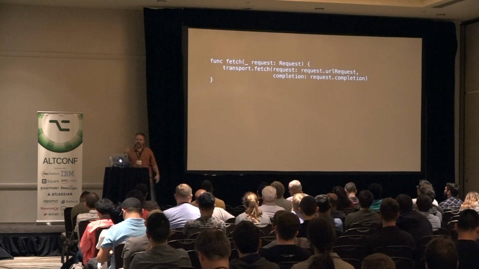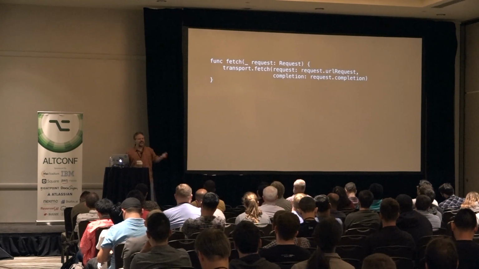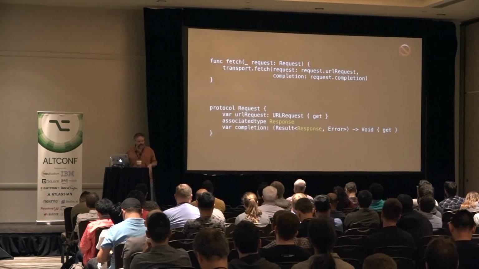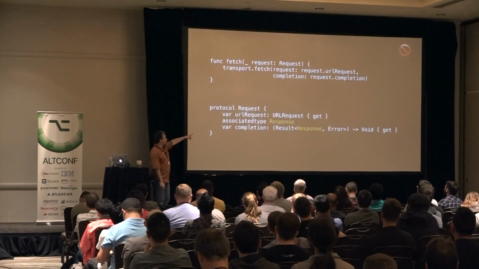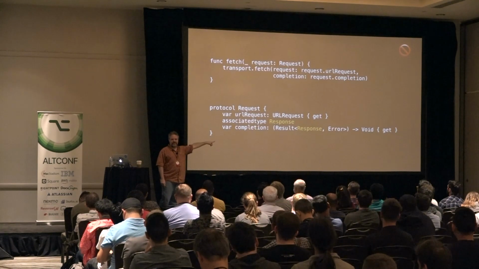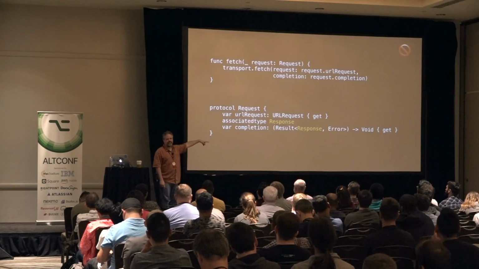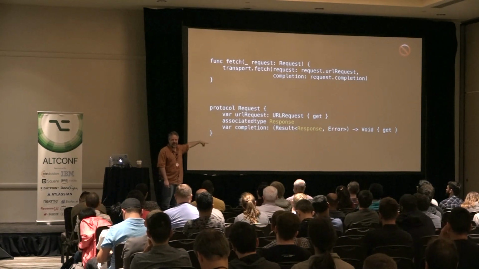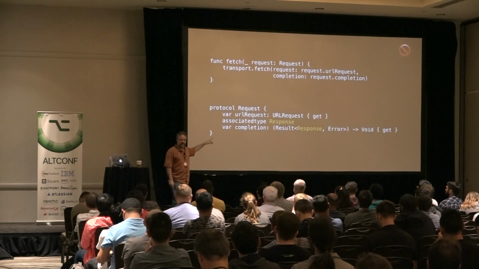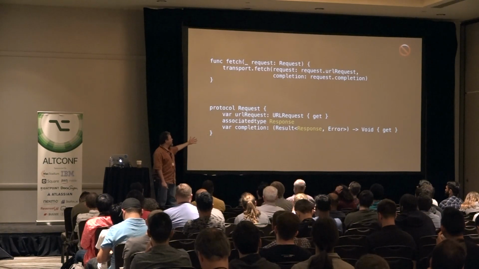So when faced with something like that, it's like, OK, now we need to build request. And I see people, very, very common, jump to this. They make a protocol request, and they have an associated type of the response. This blows up every single time. This is probably 40% of the questions that I get on Stack Overflow: I've done this, how do I use it? And the answer is redesign it. This won't work because,